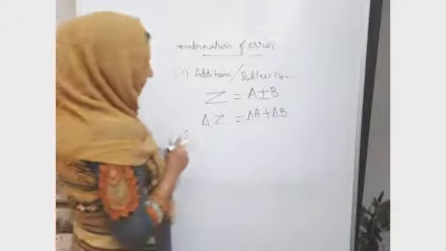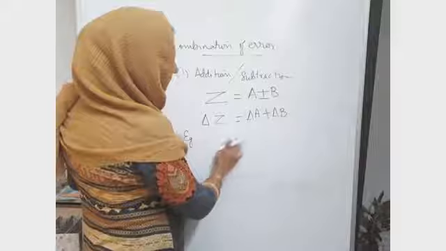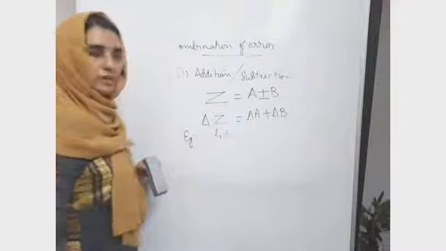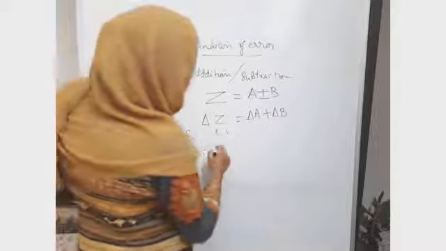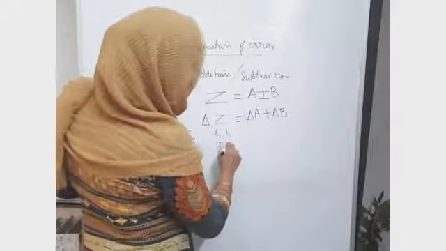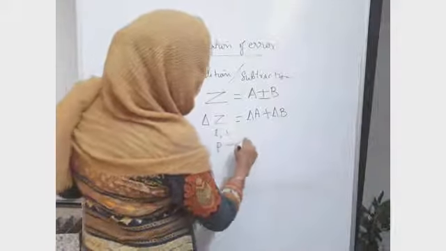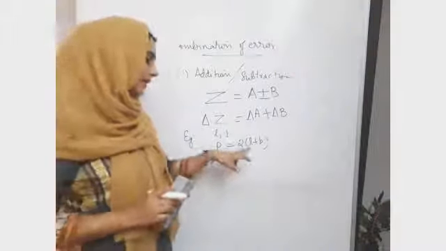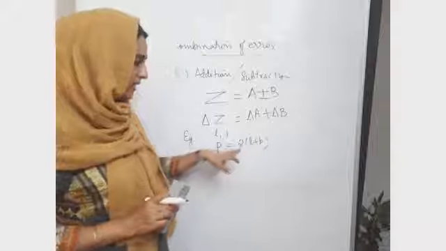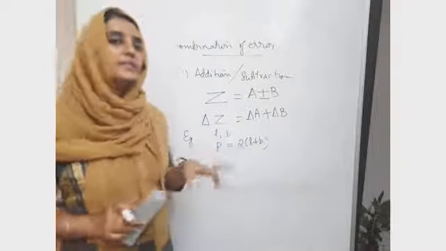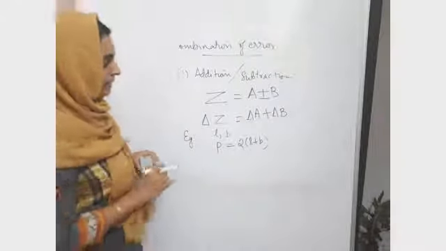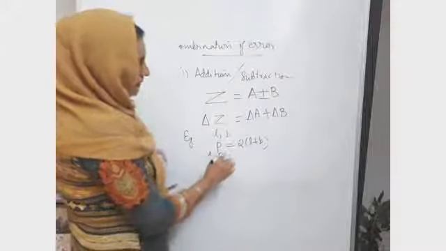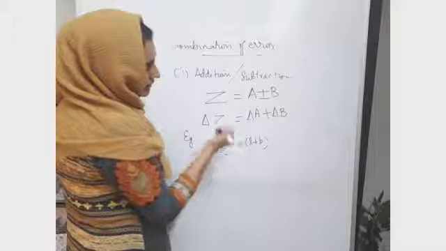Suppose you have to find out the perimeter of a rectangle. Say L and B are the length and breadth of a rectangle. Then the perimeter is given by the equation P is equal to 2 into L plus B. One thing we have to notice: while expressing the equation in error, you need not consider the constant, because constants never appear in the final expression. So delta P, the error in P, is equal to, avoid this 2, you don't have to consider it.